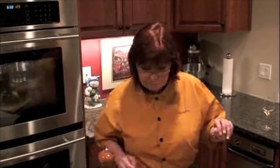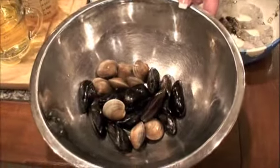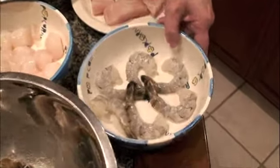Along with that, we have salt, and of course, salt. I use freshly ground sea salt. It's a seafood dish, so use sea salt. And the black pepper. Now for the seafood, I'm using some mussels and clams, some fresh shrimp that has been